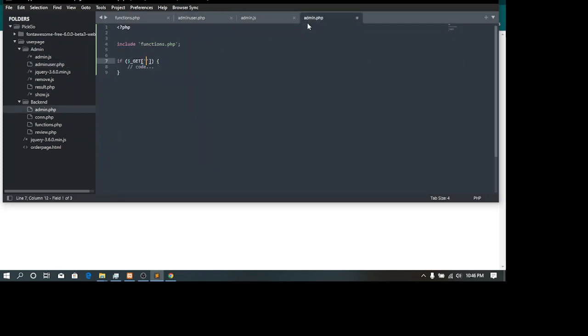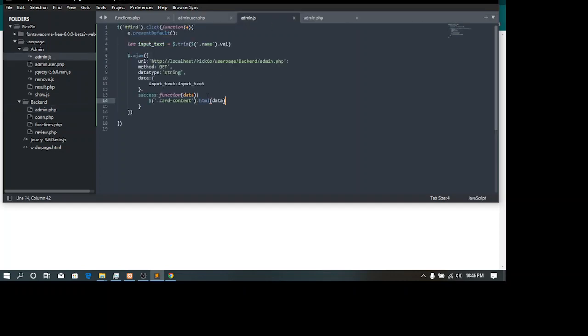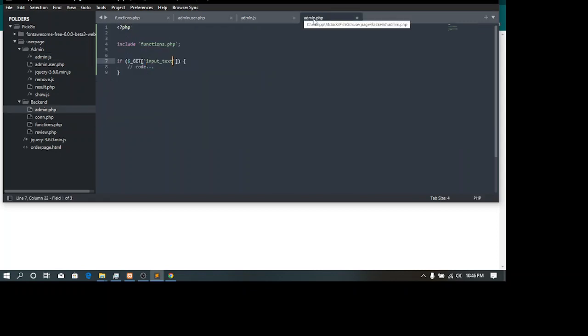We copy this input text here, and say if $_GET input text like that.